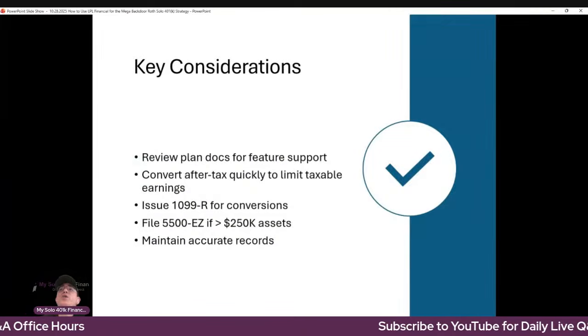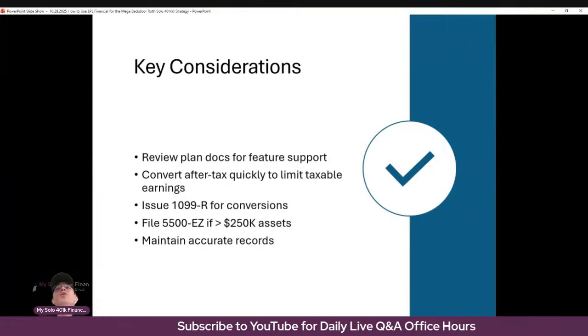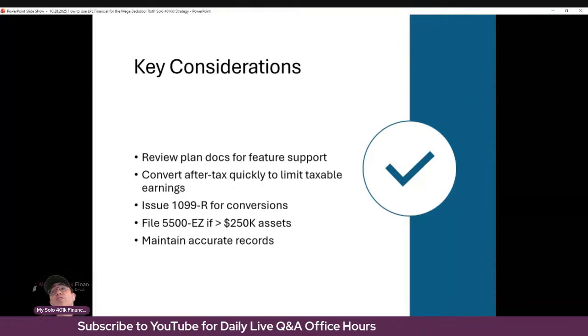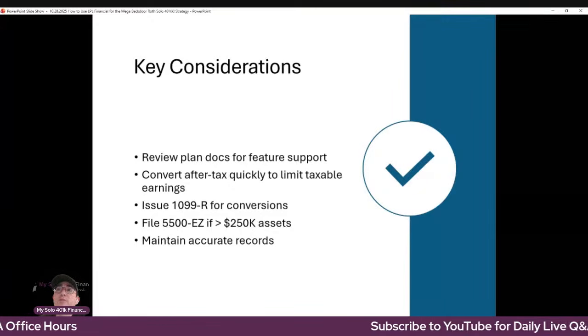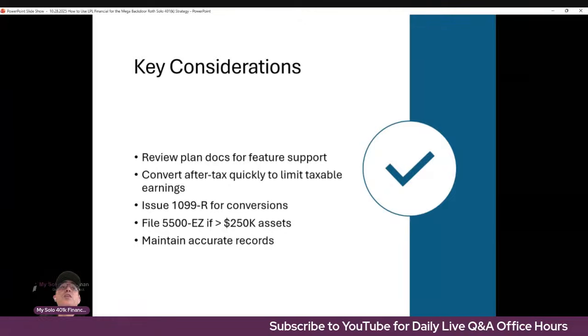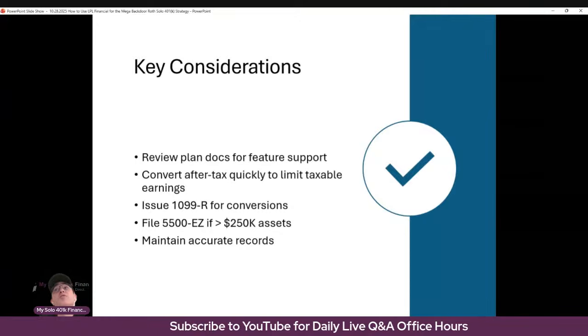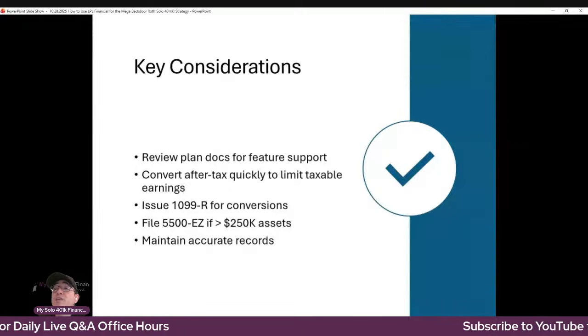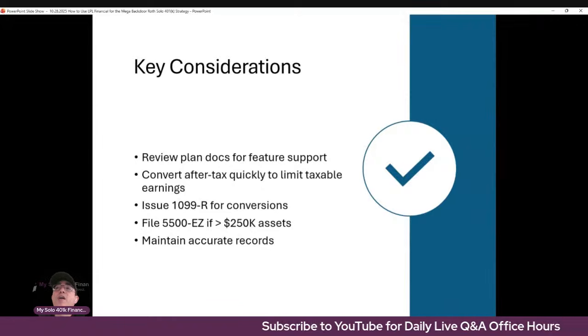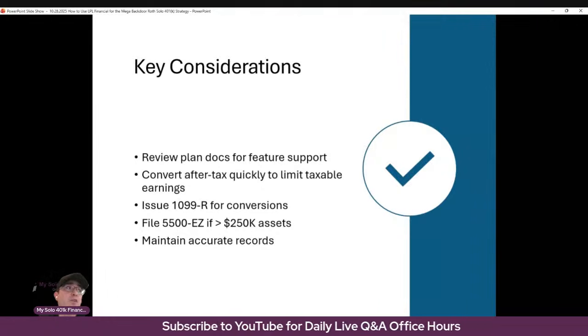The key considerations, again, are having the plan documents, right? That's the foundation. Additional key considerations are converting the funds quickly from the voluntary after-tax account to the Roth account, because those funds need to be in that Roth account so that the gains can grow with that tax-free growth potential. Providing us the information that we need to prepare the 1099-R, so submitting that online form, maintaining accurate records,